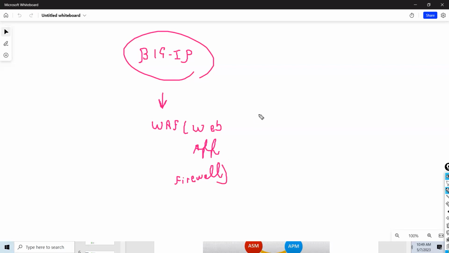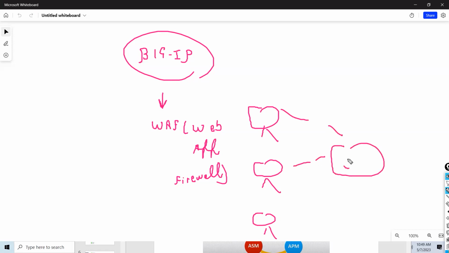So what does it do? Let's say I have one client here, one client here. Then we have a load balancer. Then we have 3 servers. So when we have F5 WAF, before forwarding a request to the server, let's say this client initiates an HTTP request.